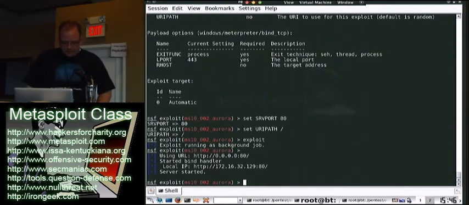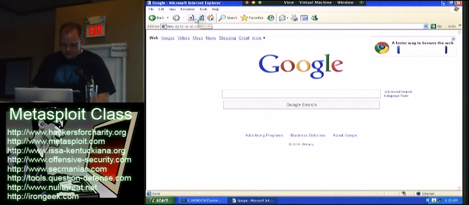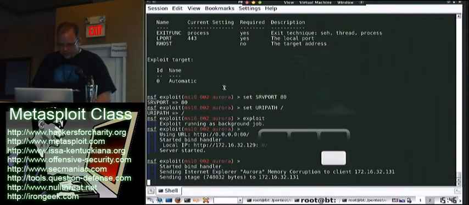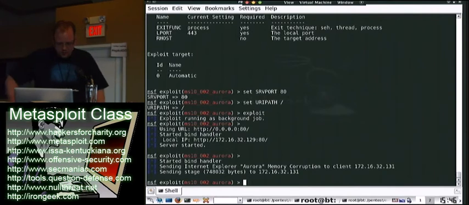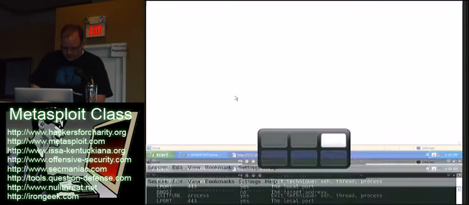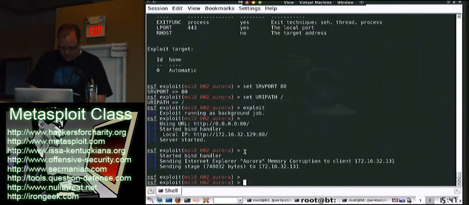So you exploit it, and we're running a specific HTTP server. We'll go ahead and run it. And the person gets this little box here, but there's nothing really exciting going on, right? However, on the other side, we got an interpreter console. Yeah, it's just being a little slow. But we were able to send the stage, and eventually the interpreter console would come up. Any questions on browser exploits?